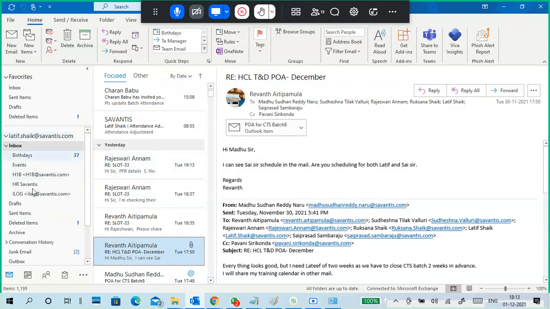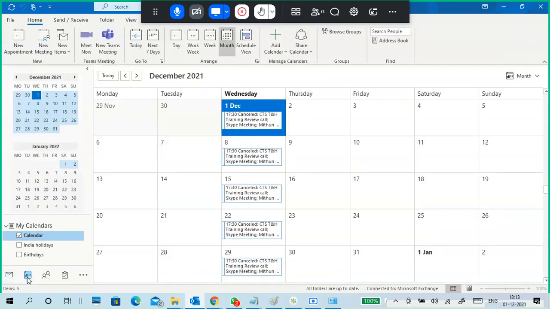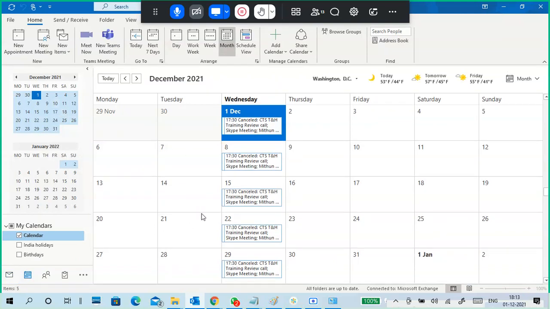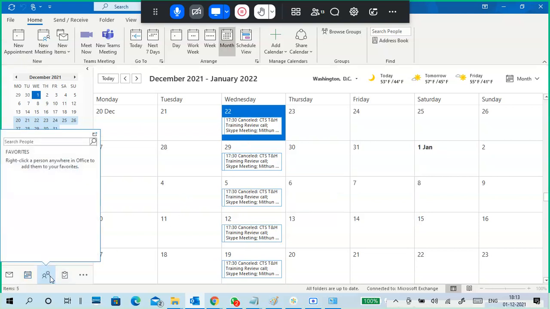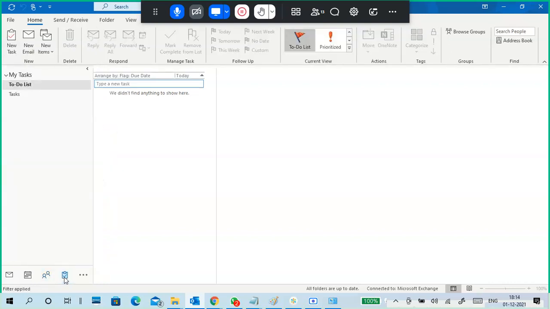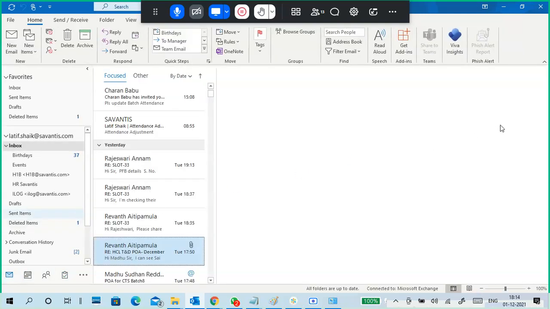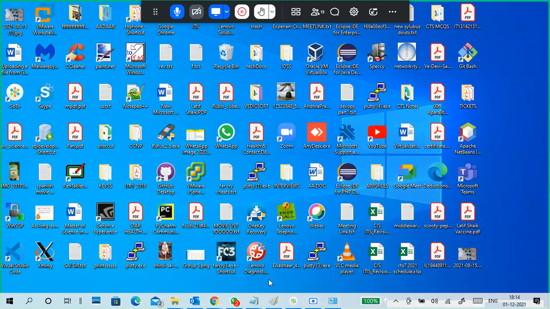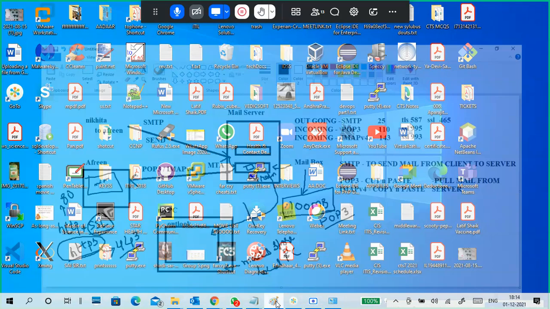Okay. So this is another advantage of mail. Of course, you will get calendars. You can create meetings and schedule meetings. Invite the people to the meetings. The calendar will remind you before half an hour or one hour that today there is a meeting at a particular time, like this. And people contacts, you can easily find your contacts from here. And tasks: if you got assigned some task, then you can go through it, work with the task and follow up on the task. So this is the main part of your Outlook, mail communication, protocols, and port numbers.